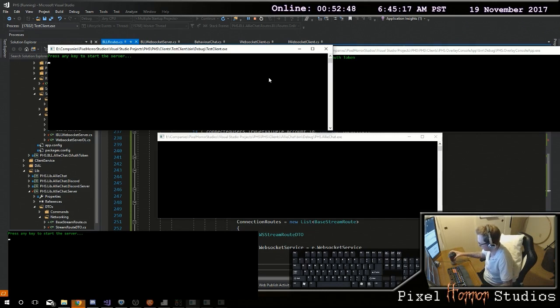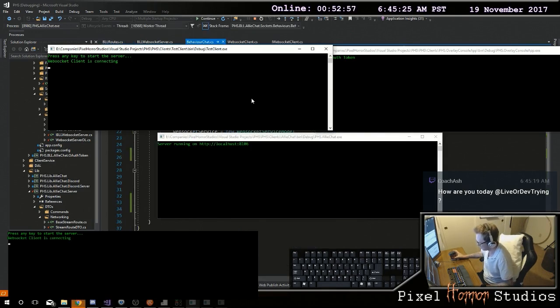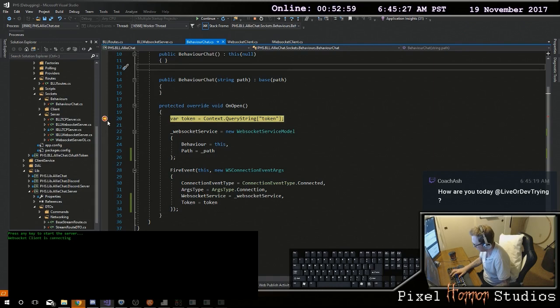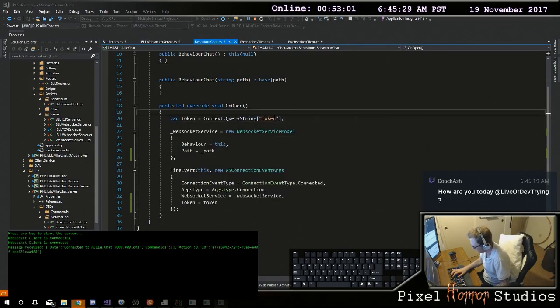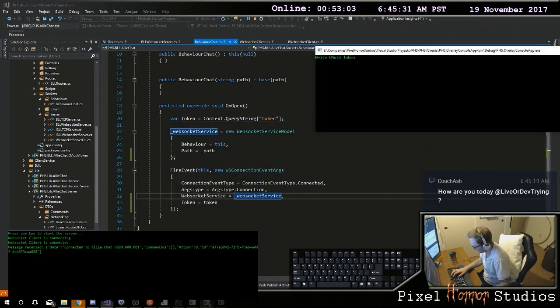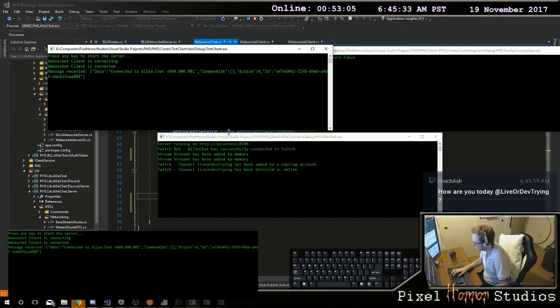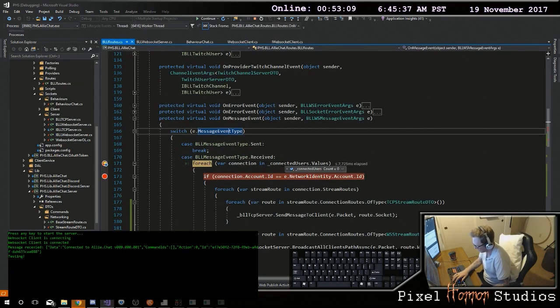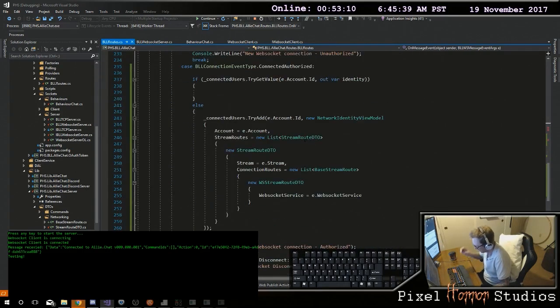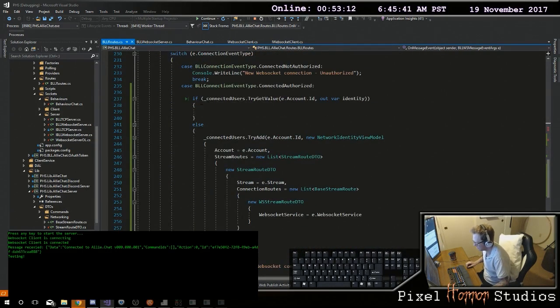Wait for it to start. How are you today? I'm doing pretty well. Okay, we're connecting. There's our OAuth token that we're passing, the fake one. It says that we're connected. And now for each connection in here, of which we have 0, so that didn't work. This says that if we tried to get this,